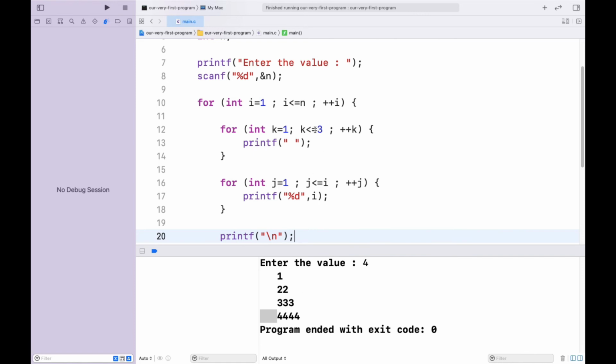So this is a decreasing order. First it is executed n minus 1 times, and then slowly it goes down to 1 and then 0.